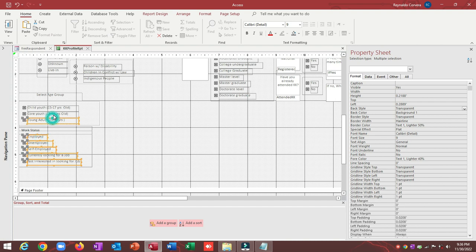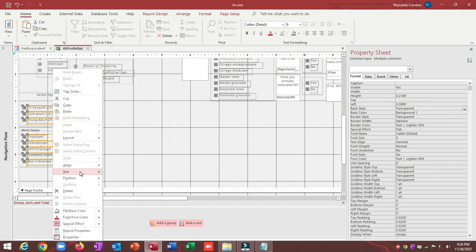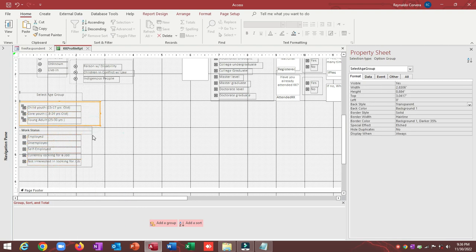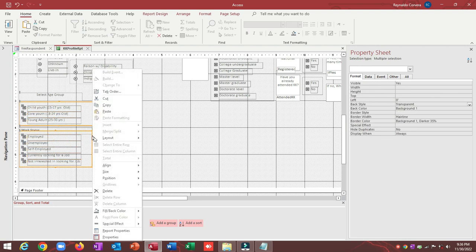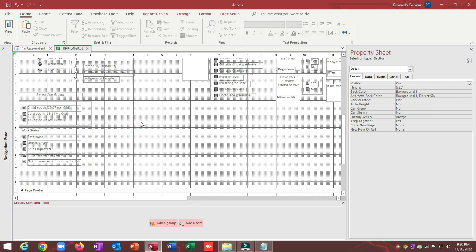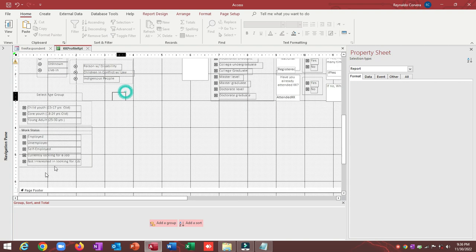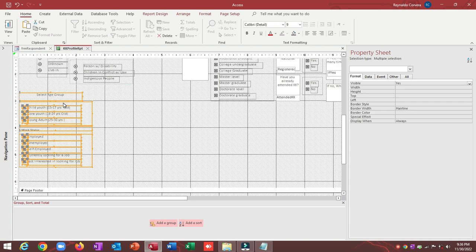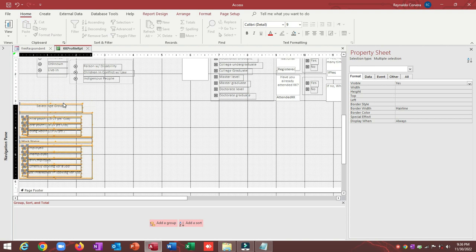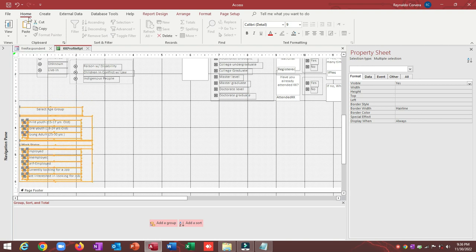So you can adjust the same size then widest, and here also size narrowest. Okay, now our entry here is aligned. We put down, then here also